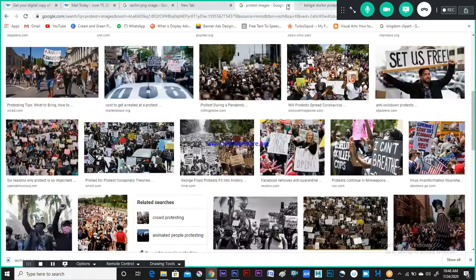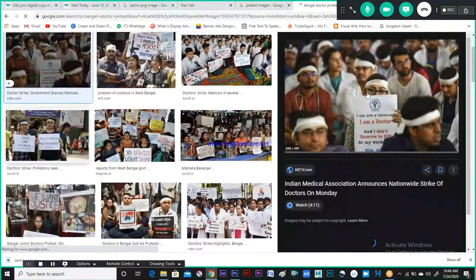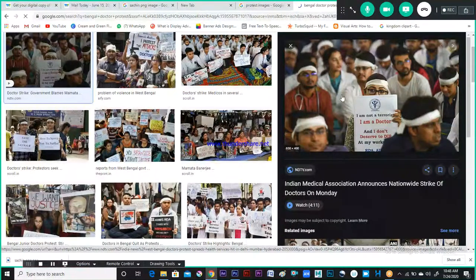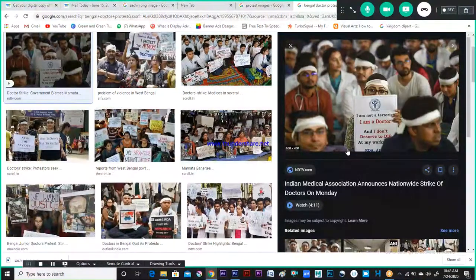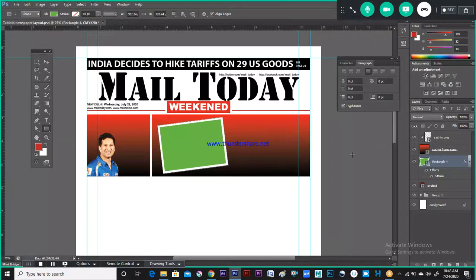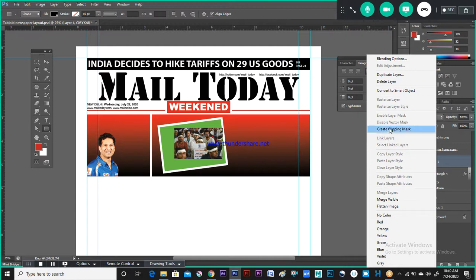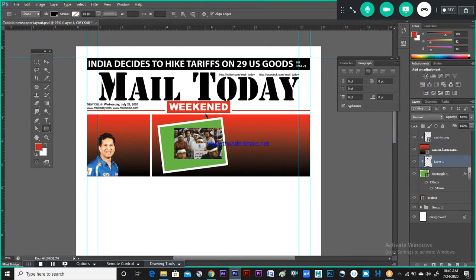Correct. So this is the image, right? All of you can see this is the same image which is in the newspaper, right? Right click, copy image, and then go back to Photoshop and just paste it, Ctrl V. I think it's already there. Now click this mask, right click, and create clipping mask, Ctrl T,